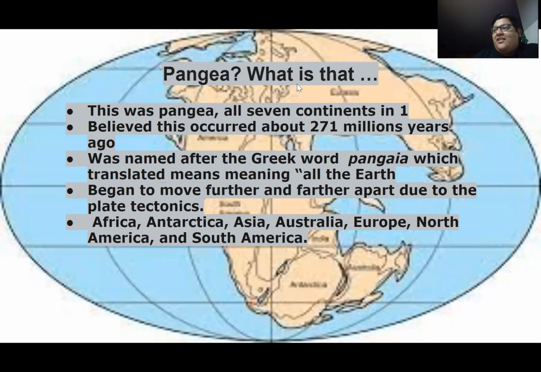But after all that, like I said, last slide, plate tectonics started pushing them aside until they all got separated. Now we're here with our land masses. And today they're Africa, Antarctica, Asia, Australia, Europe, North America, which we are in, and South America. Let's not forget that. It's like America, but South.